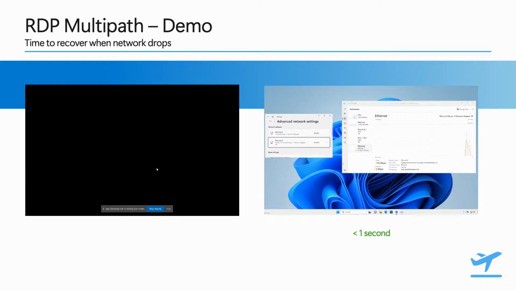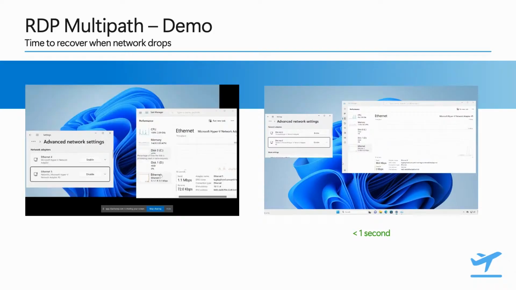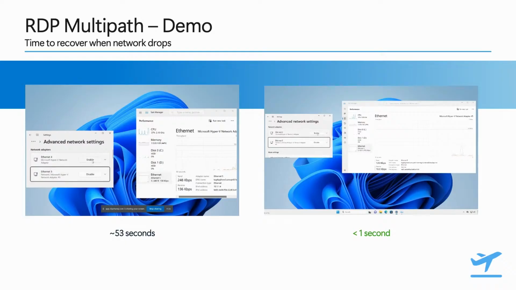It just continuously works. What happens is that we switch to the alternate path behind the scenes, and it happens within milliseconds without the user even coming to know that a network disconnection or interruption had happened. This feature will apply for both AVD as well as Windows 365. So overall, this feature represents a significant win for all of our end users and customers by providing uninterrupted connectivity